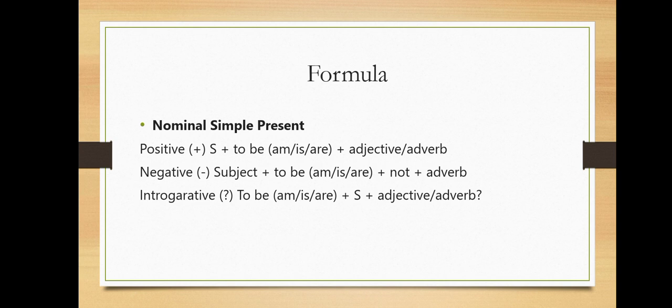Formula: nominal simple present. Positive: subject plus to be (am, is, or are) plus adjective or adverb. Negative: subject plus to be (am, is, or are) plus not plus adverb. Interrogative: to be (am, is, are) plus subject plus adjective or adverb. Next,